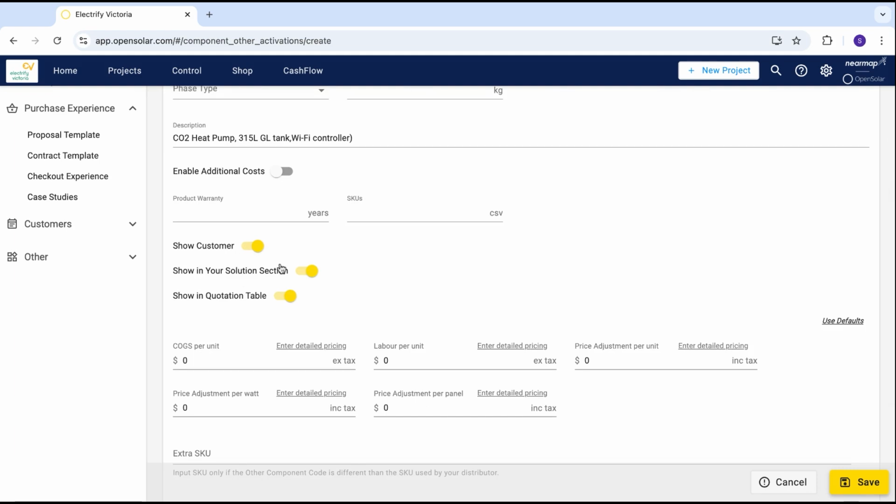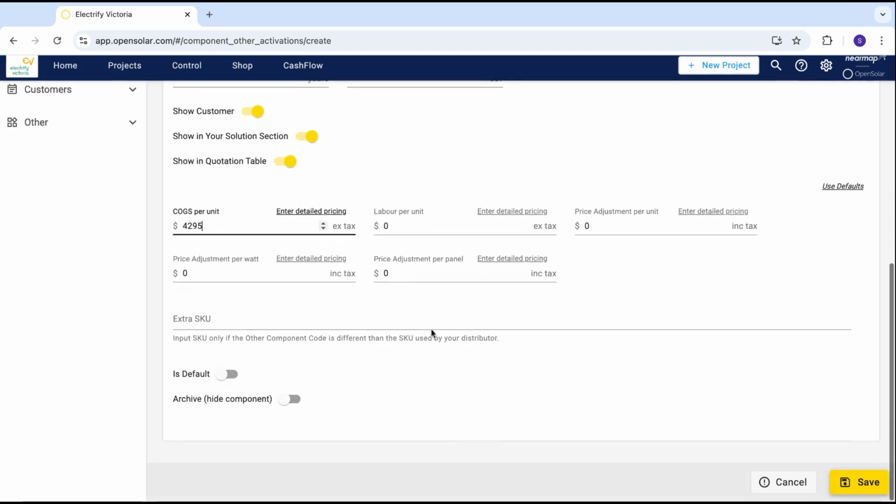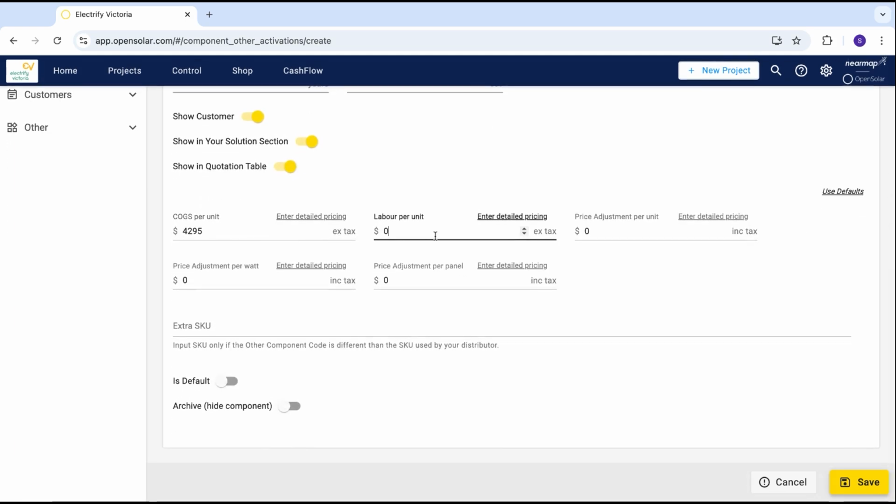I want to show this to the customer. I want to show in the quotation table. I can put how much this is going to cost me. I can also add in things here like the labour per unit. So for example, if I'm using an external plumber and I know that he charges, let's say $600 for each install, whatever that might be, I can include that in here so that I can work out my job costings